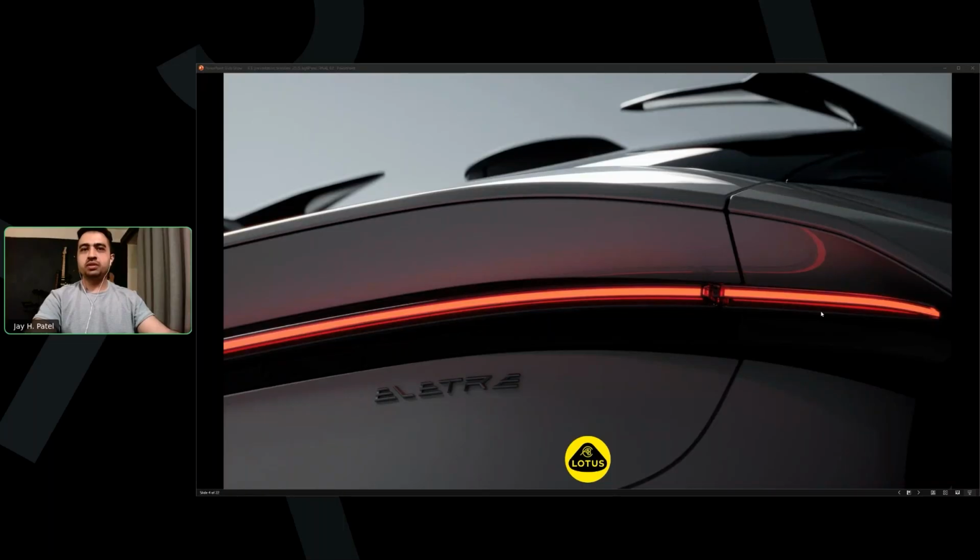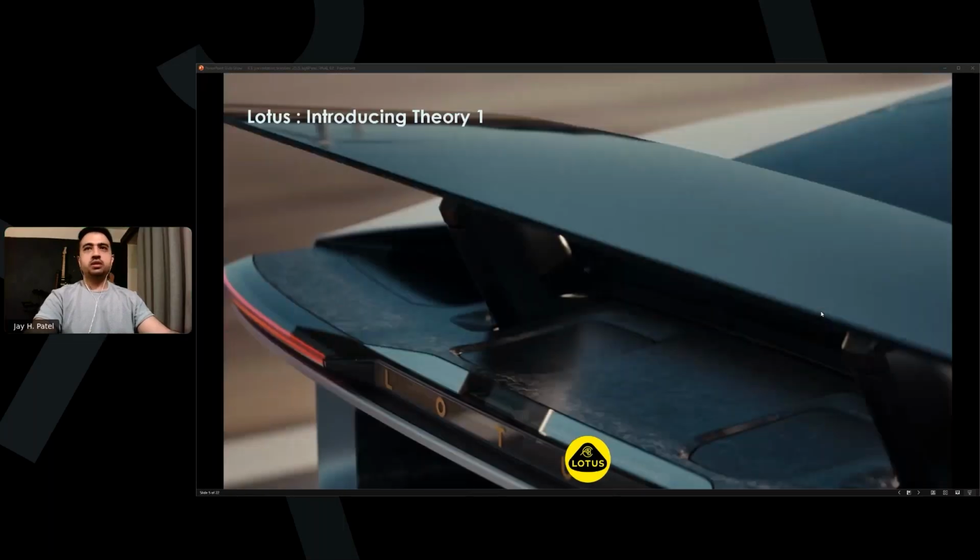I'll start with Theory 1. So this film, I mean the entire project, was produced entirely in-house by the Lotus design team, LTCC, Lotus Tech Creative Center, using Unreal Engine as the main software in terms of workflow for the film.